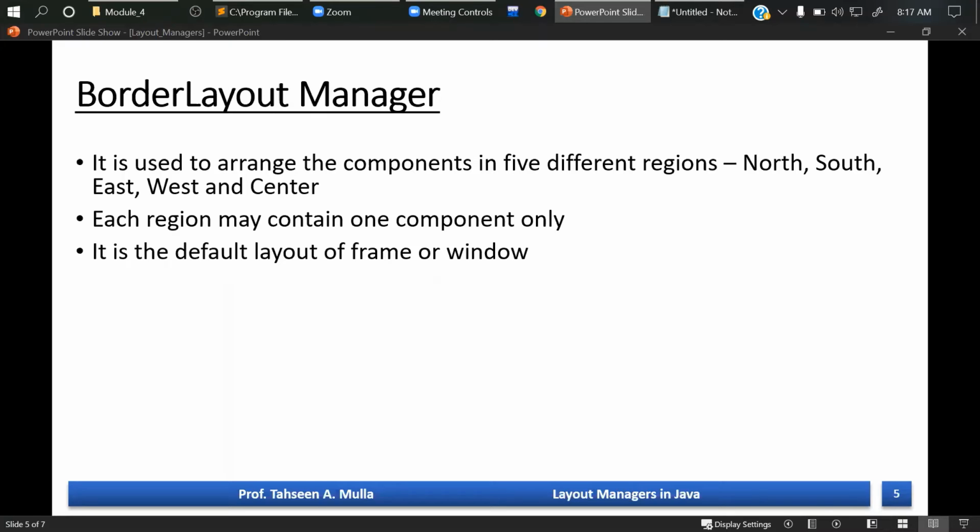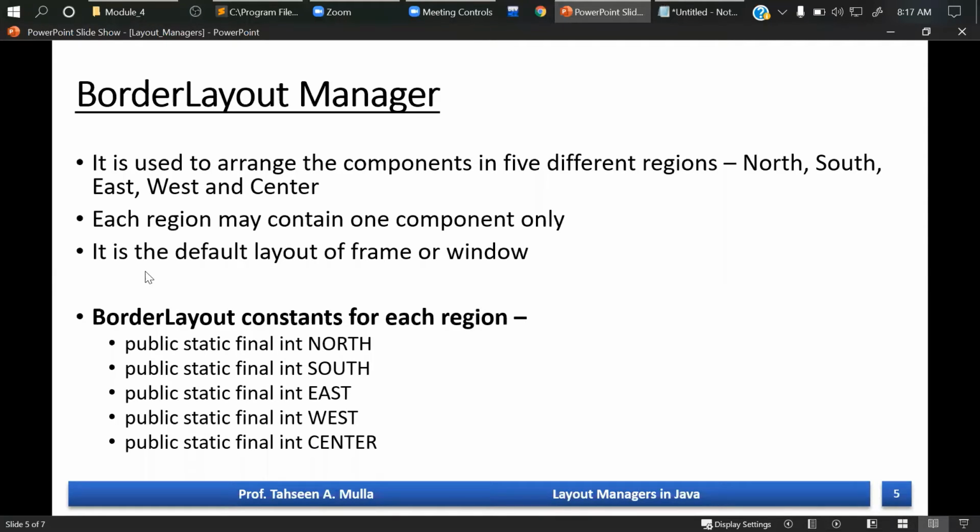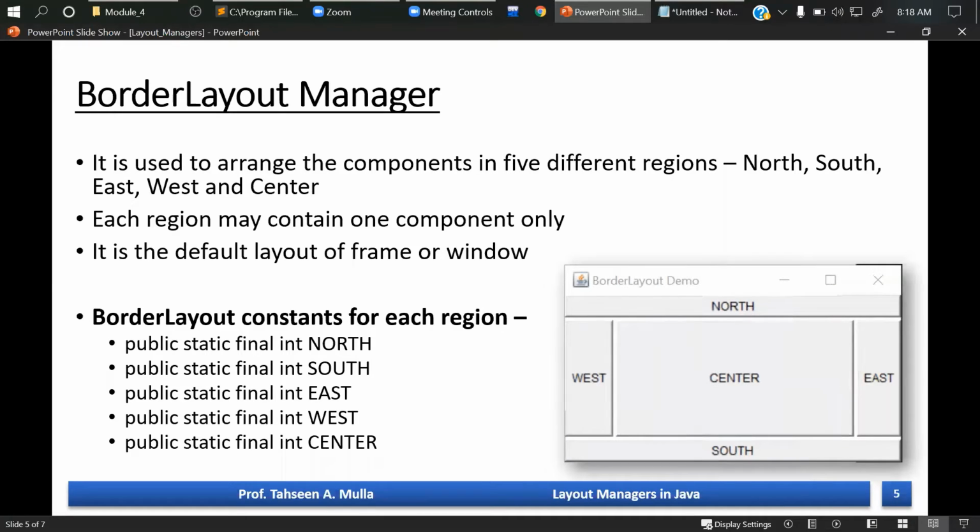There are also fields to add into border layout, right? So this is how you add it. These are the constants for each region as public static final integer as north, south, east, west, and center, right? So this is how a border layout looks like, right?